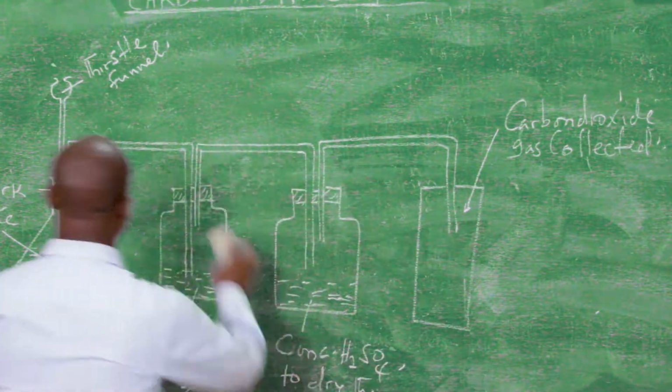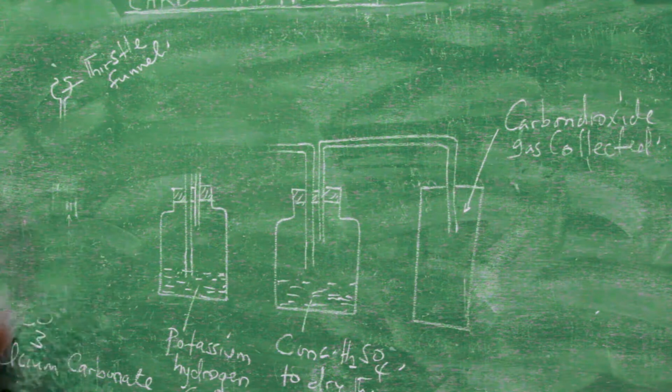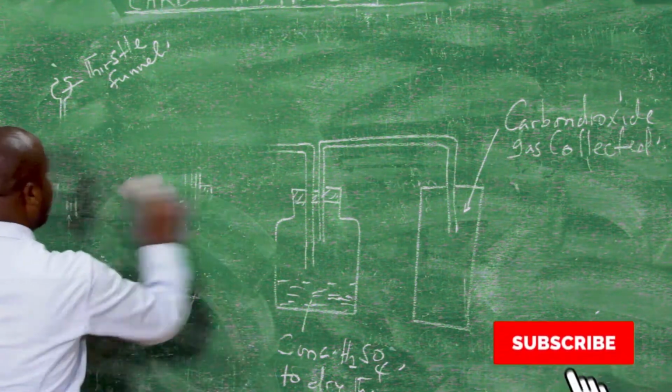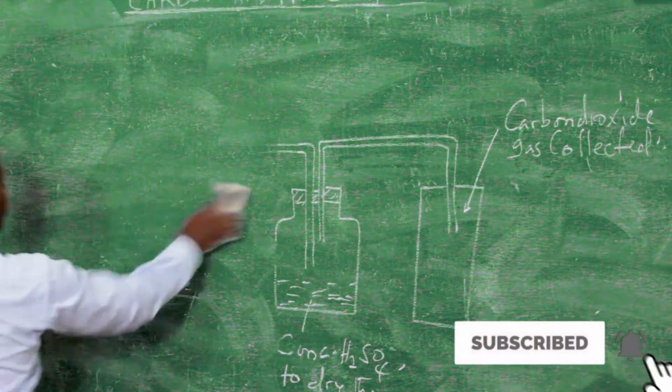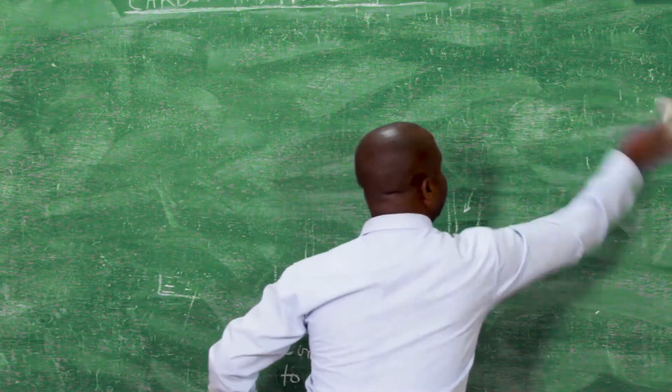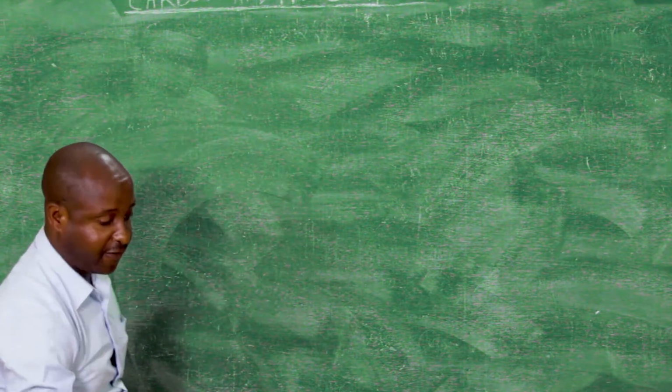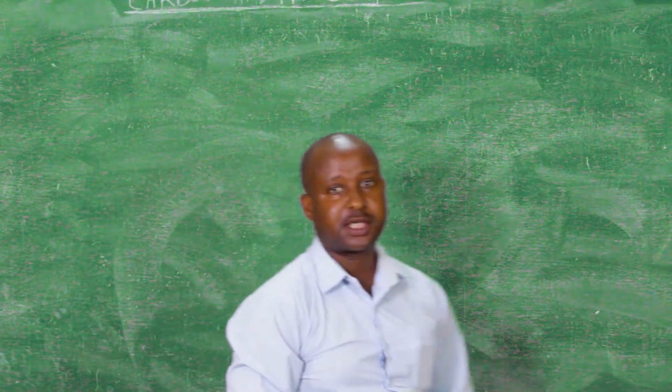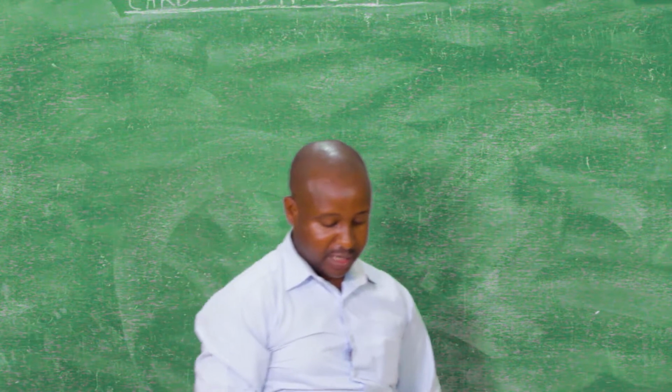Let's look at the equation for the reaction taking place in the conical flask. In the conical flask, we have dilute hydrochloric acid reacting with calcium carbonate. The equation for the reaction, we have got